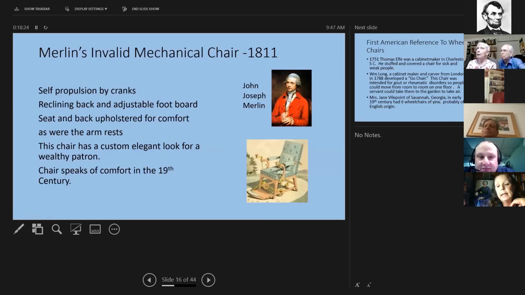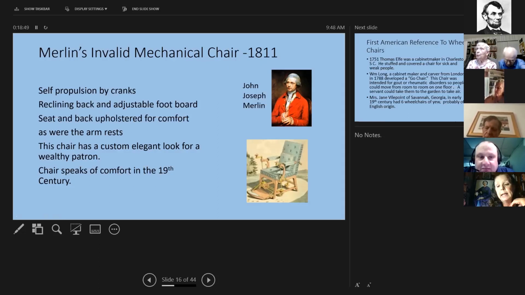It had a reclining back and an adjustable footboard. It had a seat and back upholstered for comfort, as were the armrests. The chair was a custom, elegant look for a wealthy patron. And as you look at it, it does speak to being really very, very comfortable.